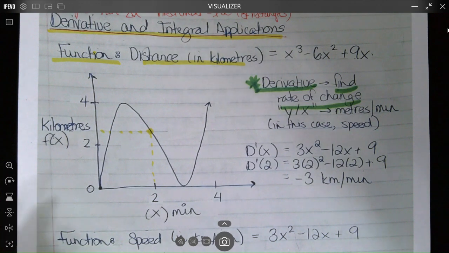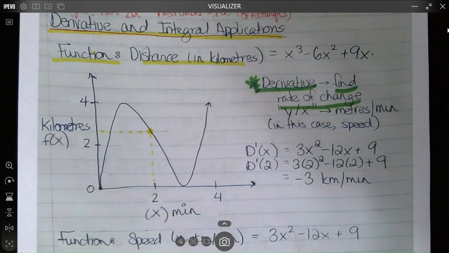right. But if someone says, hey, I'm not really concerned about the distance you went. I'm curious about your speed. How fast were you going? Well, my graph doesn't show me anything about speed, and I need to understand what the relationship is between speed and what I have here. So I want you to think about what speed would mean when you're talking about